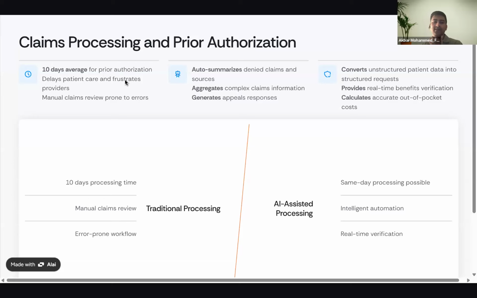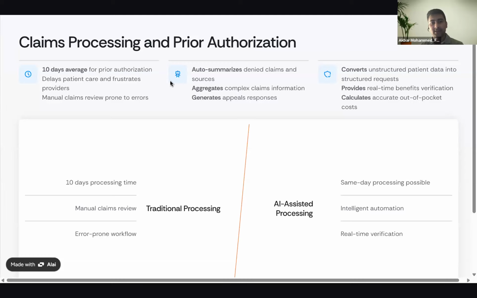What I mean by prior authorization is when you subscribe to an insurance product, there are certain categories where you can just walk into a hospital, and if they diagnose you or there's a treatment that is listed as prior authorized, that means you can claim that without a lot of documentation. So that is prior authorization, and it generally takes about 10 days on average for something to be processed when things are in a prior authorization bucket. What we are seeing now is